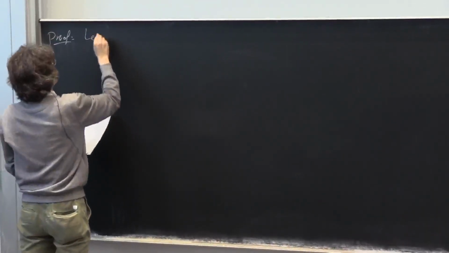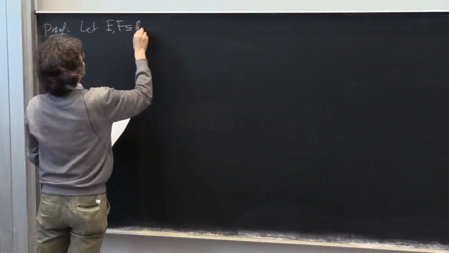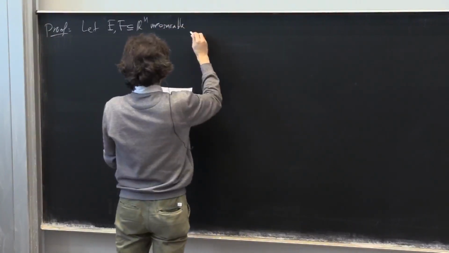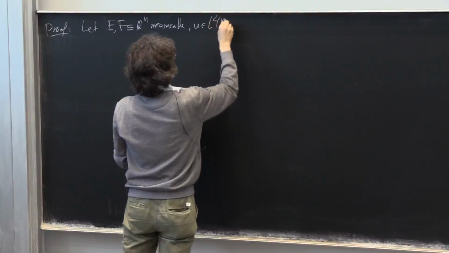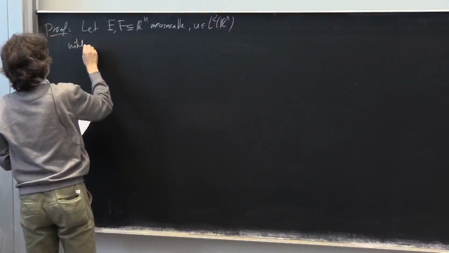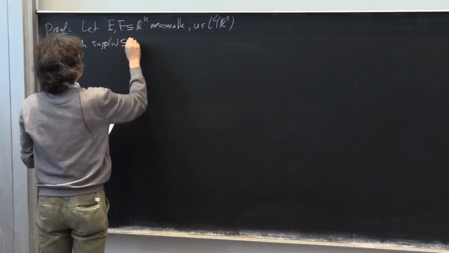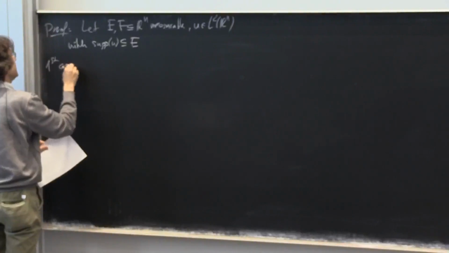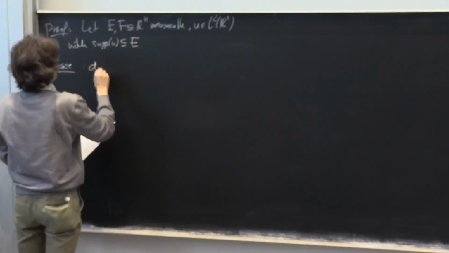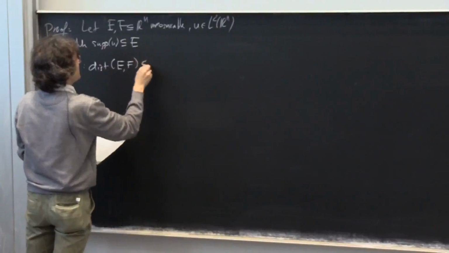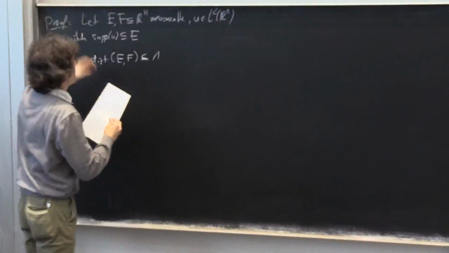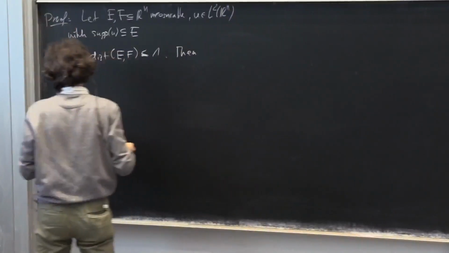Okay. So let's prove this. Take two measurable subsets of Rn and take some L2 function on Rn that is supported in E. And then we distinguish two cases. The first case is easy. The first case is if E and F are close together. But as I already said, this is the non-interesting case. So if the two are close together, then in fact we already know the estimate,